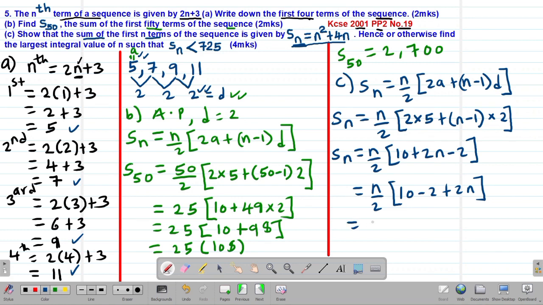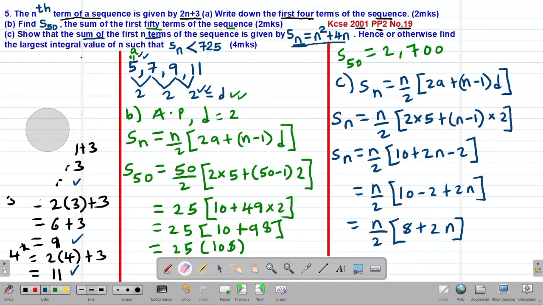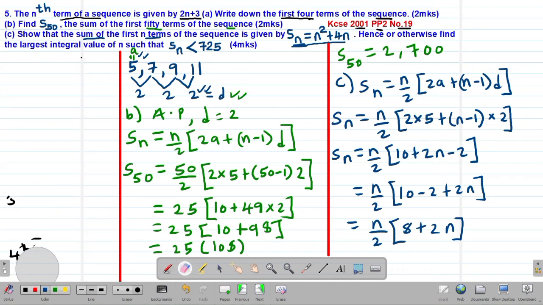So this will be equivalent to n over 2, then into bracket. So this will give me 10 minus 2, I'm going to get positive 8, then of course plus 2n. Then I close my bracket. So let me erase the first part here. So if I proceed with my working, I'm going to get my Sn being equal to